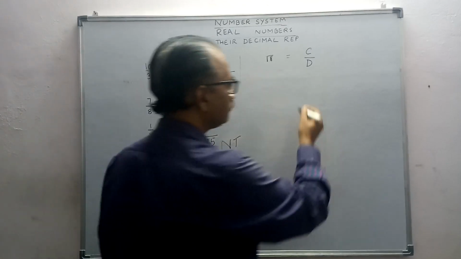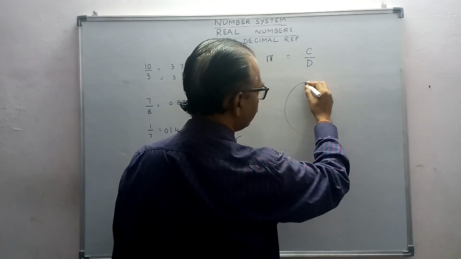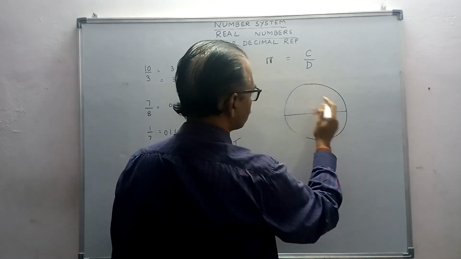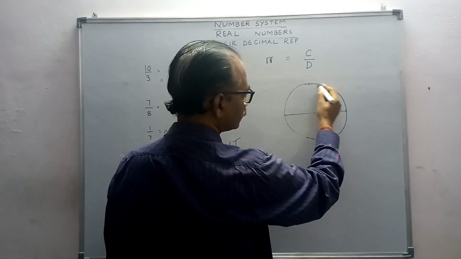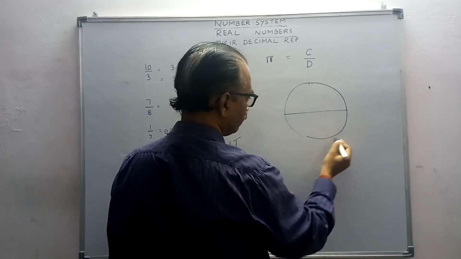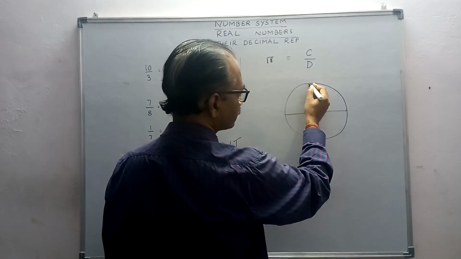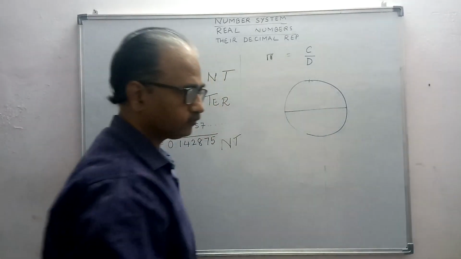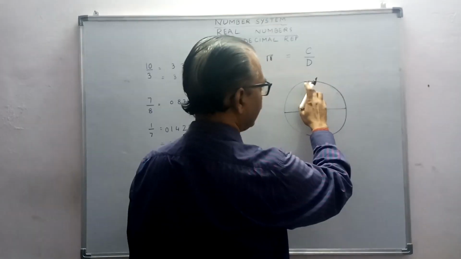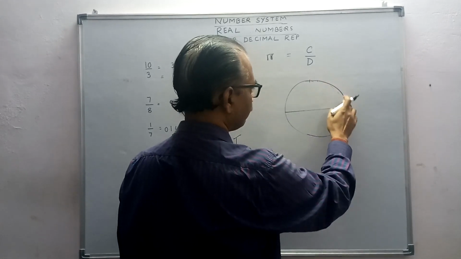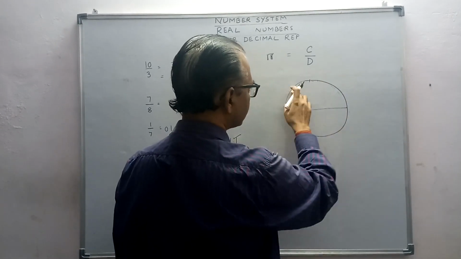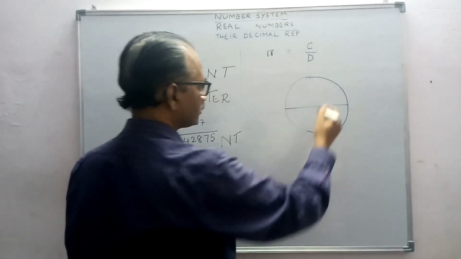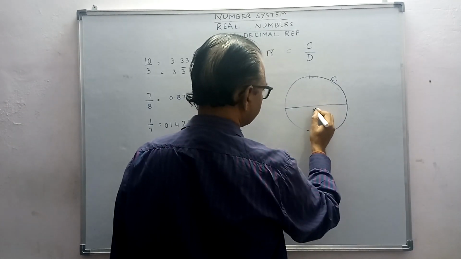Whenever we draw a circle and draw its diameter, circumference means you start from here, move the whole distance, complete round, and come back to the same place. To calculate the circumference, you divide it into small regions. You can use a thread, put it on this circular path, and then calculate the circumference of the circle. And then you measure the diameter of the circle. So this is the circumference, and this is the diameter.